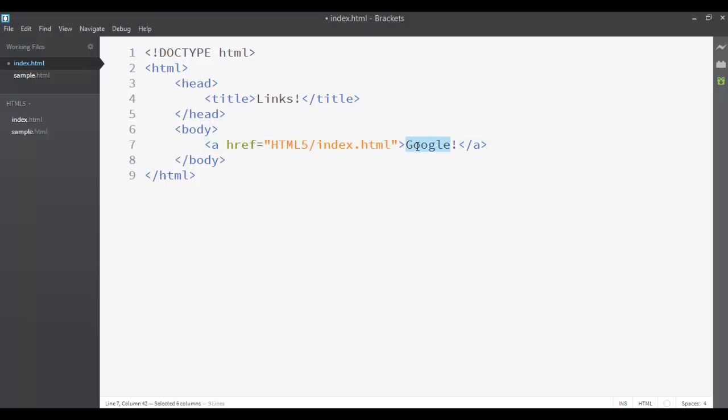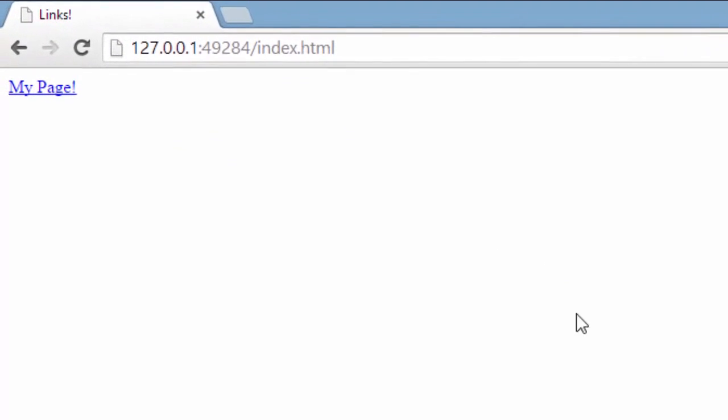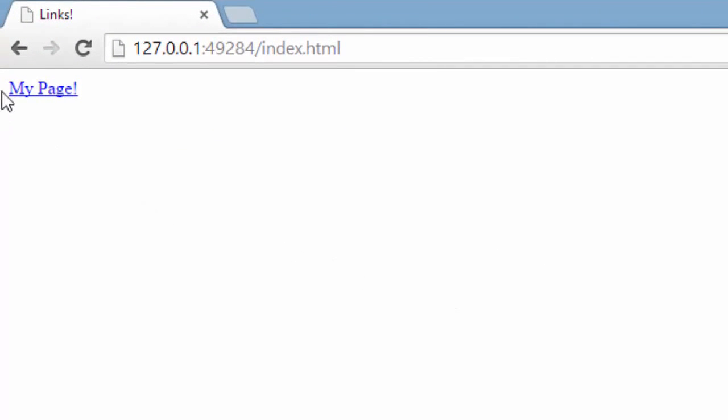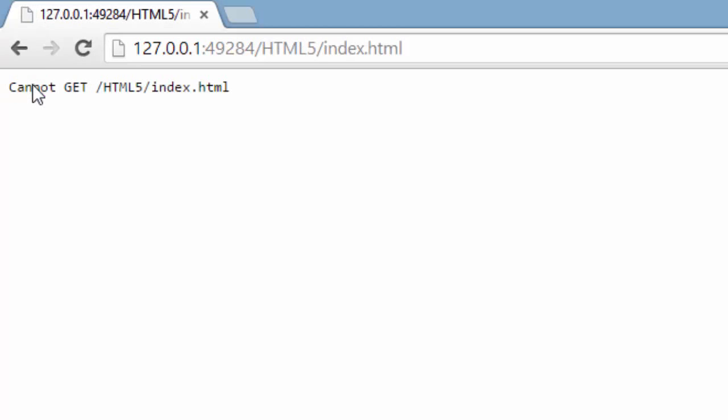So now let's save it, and also let's change the text of the link to my page. And now let's see the results in the browser. So here we have our link with the index.html page set as destination target. But when we click the link now, we will get the message that we cannot get